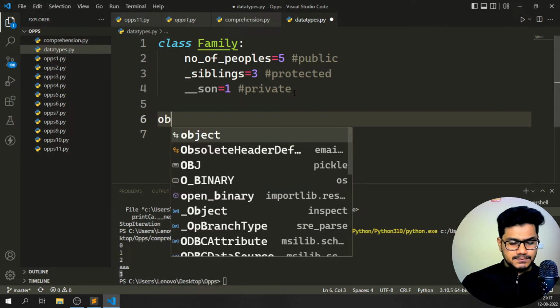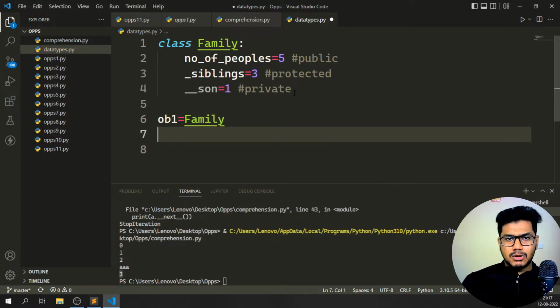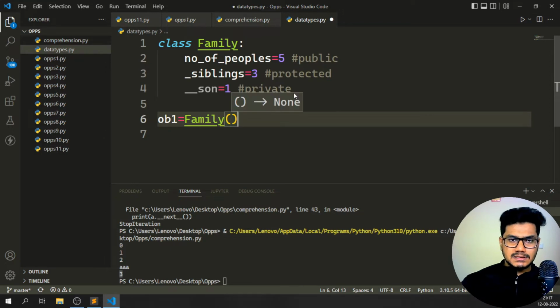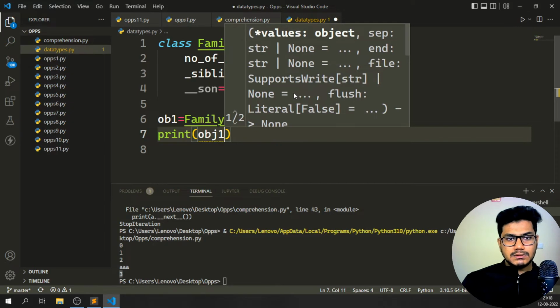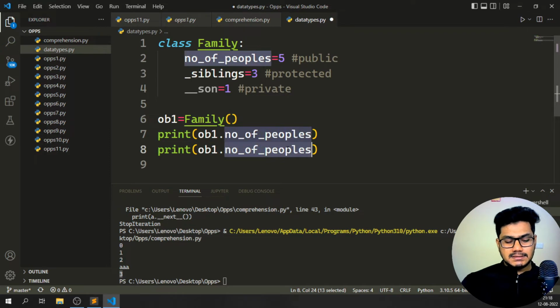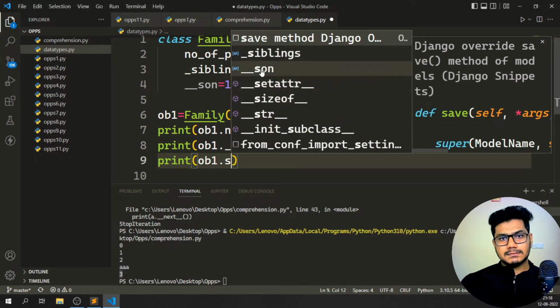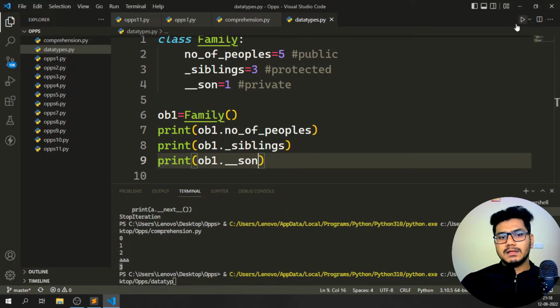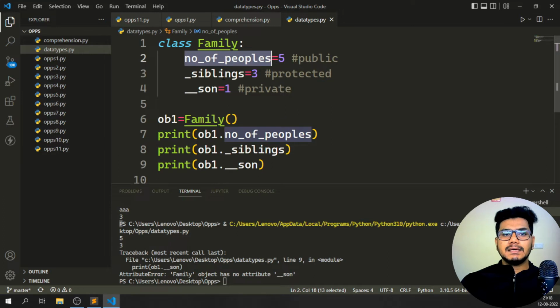Let me create one object: ob1 is equal to family. Can I access everything directly with this? I can access the data now. I'll print ob1 dot number of people, ob1 dot siblings, and then ob1 dot son. If I save and run the program, you can see I am not able to access the value of son. I am able to access the number of people and the siblings,